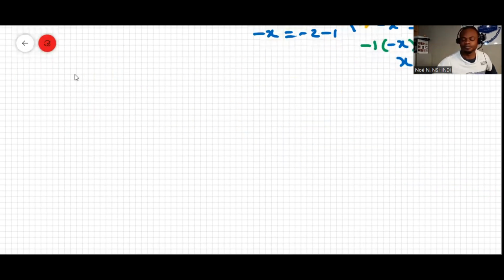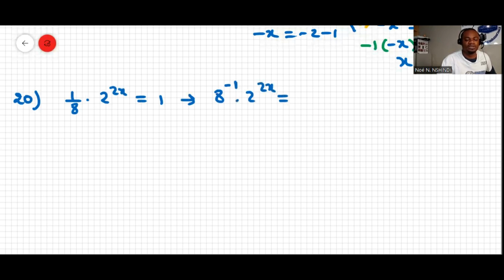Question 20. Now let's do 20. It's like 1 over 8 multiplied by 2 to the 2x equal 1. So in a situation like this, we can write 1 over 8 as 8 to the negative 1, okay? Multiplied by 2 to the 2x equal to 1. So 8 to the negative 1